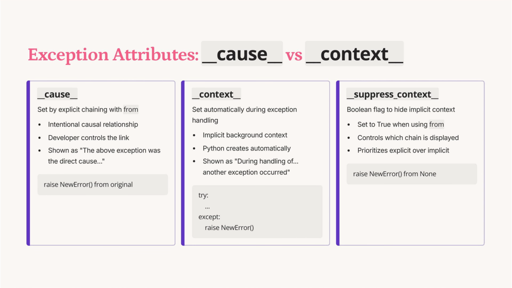Exception attributes __cause__ and __context__ play crucial roles in error handling. Cause is set by explicit chaining using from, establishing a direct causal link. Context is automatically set, providing implicit background. The __suppress_context__ flag, set to True with from, hides implicit context, prioritizing explicit chains for clarity and